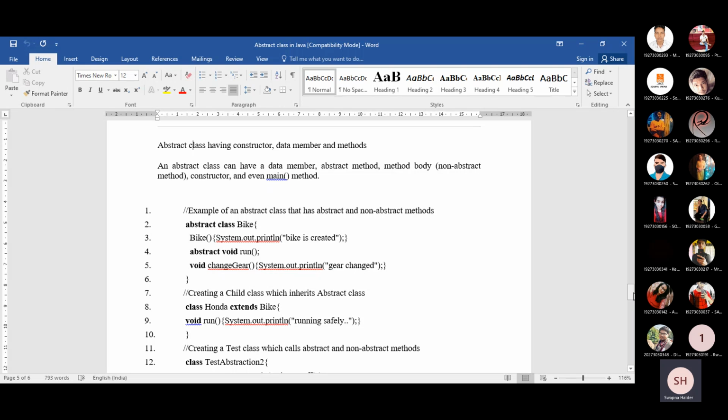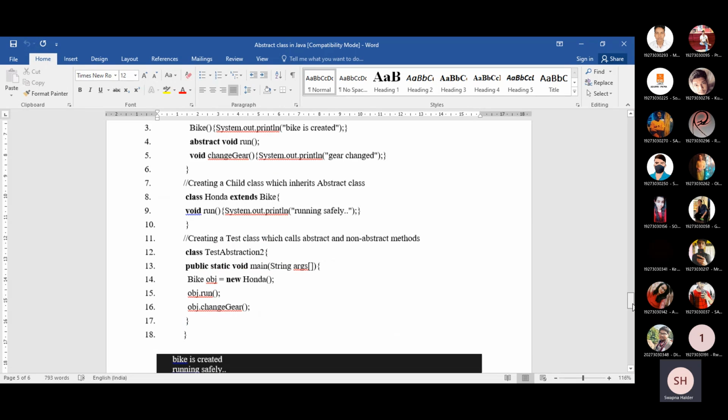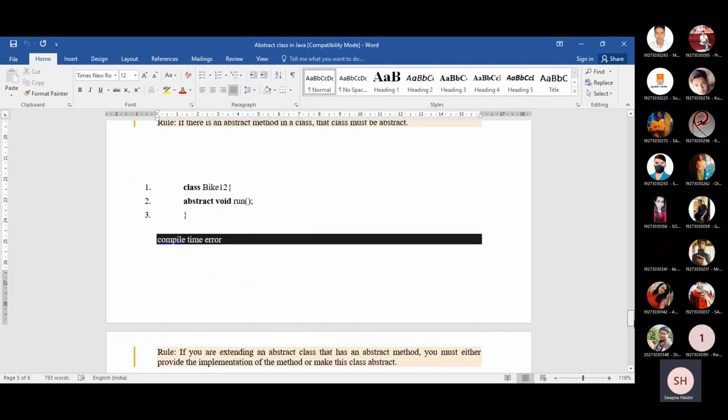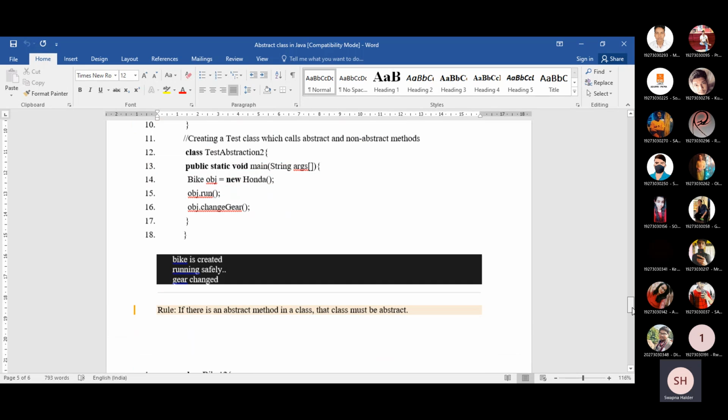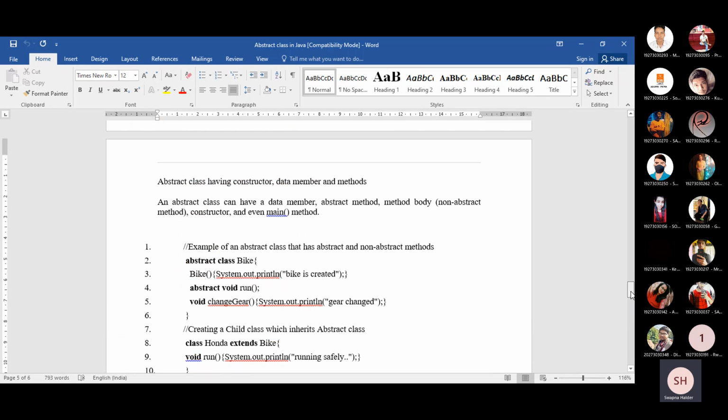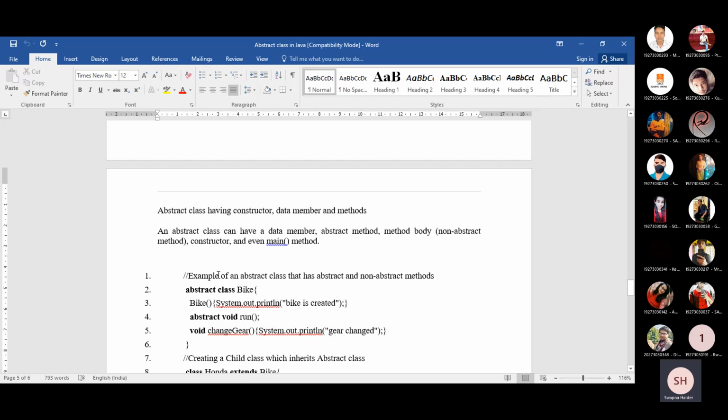Now look at this part: the abstract class can have a constructor, data members, and methods. That's the point I mentioned just earlier, that an abstract class doesn't mean it will contain only abstract methods.